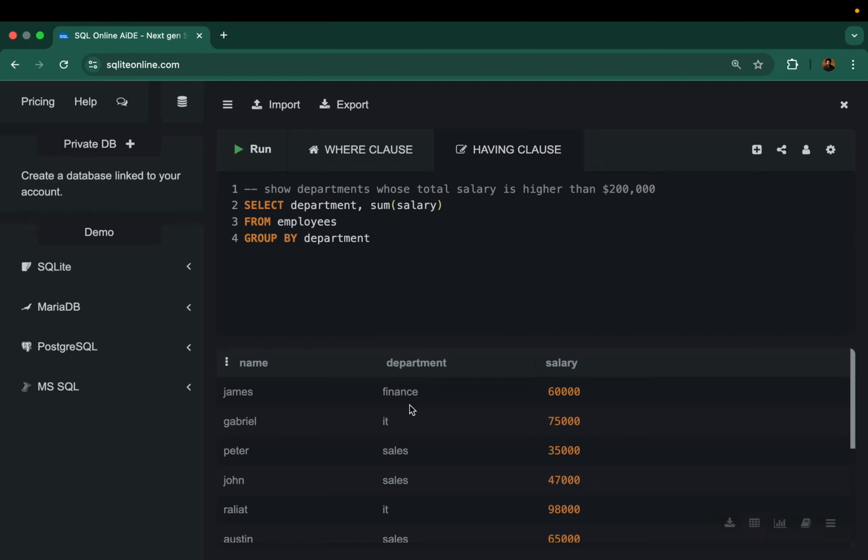For instance, let's say in this table we want to find, so the question says, show departments whose total salary is higher than 200,000. So we want to find departments where the total salary in that department is higher than 200,000. The very first thing we'll do is find the total salary for each department. And to get the total salary in each department, we have to use a group by clause to group the